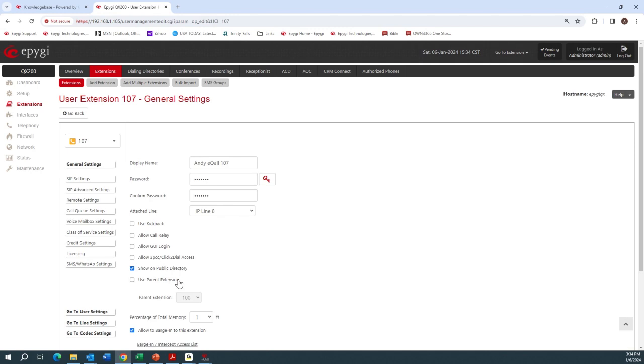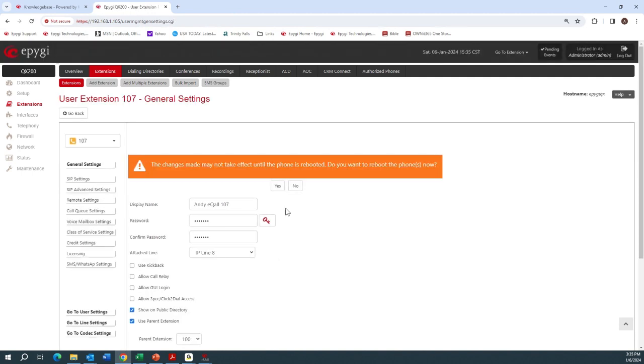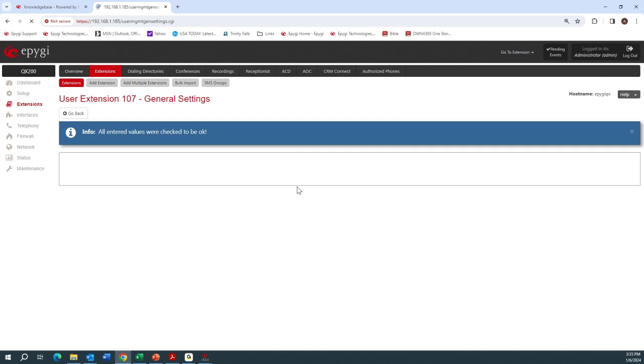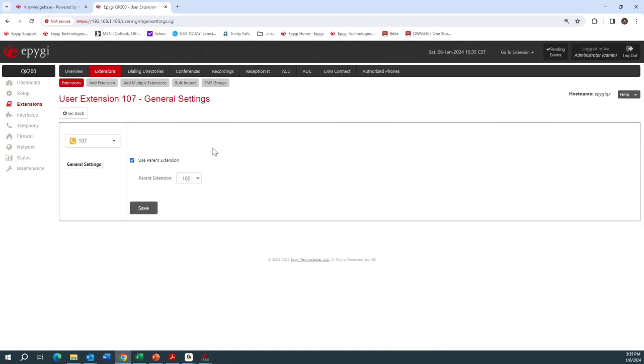No, that's fine. Once you save that, you basically lose all your settings on that extension 107 because all the functions, features, voicemail, all that is going to be controlled by the parent extension, in this case, extension 100. So now if you look at 107, it says it's a child of 100. And if I move the mouse over 100, see it has a little different color to it. And it says it has a child extension